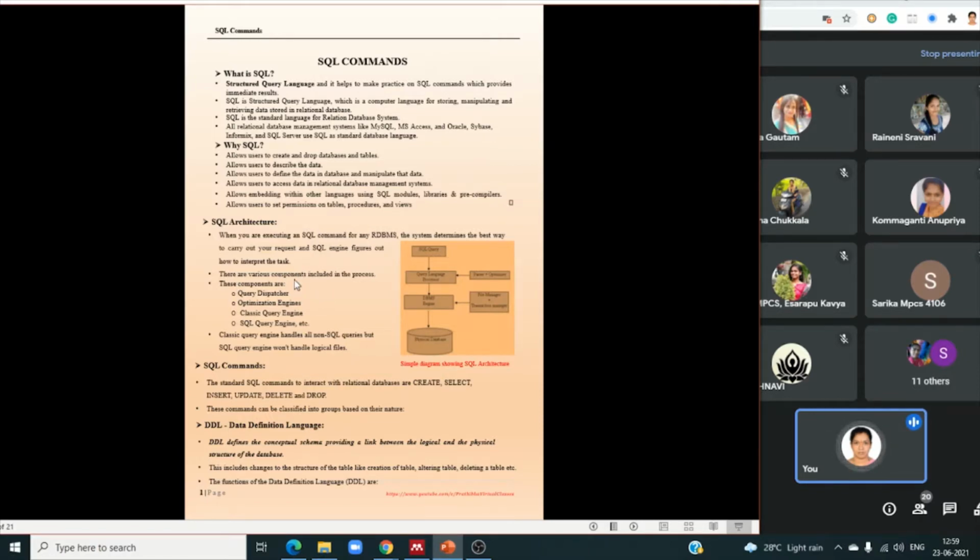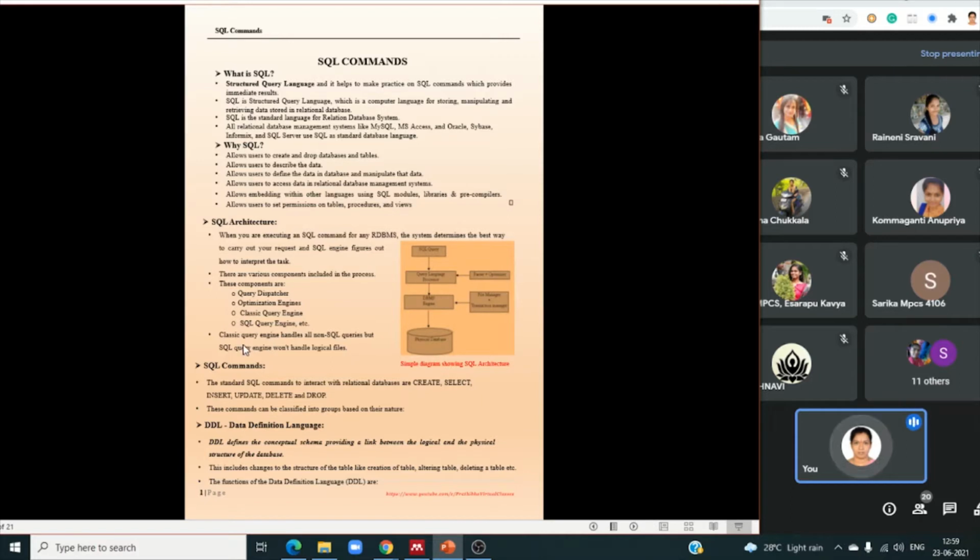Okay, the various components included in this process are: when we are asking the question in the form of a query for the SQL interpreter, it is performed by the SQL engine. The components included in the SQL engine are query dispatcher, optimization engines, classic query engine, and SQL query engine.